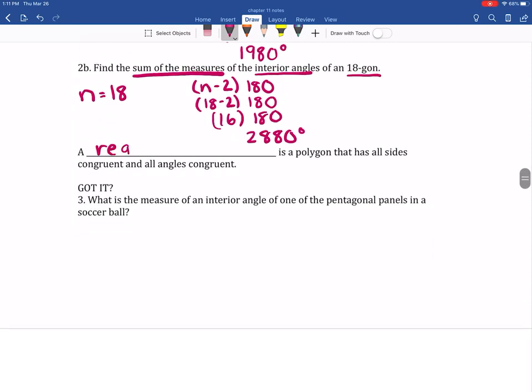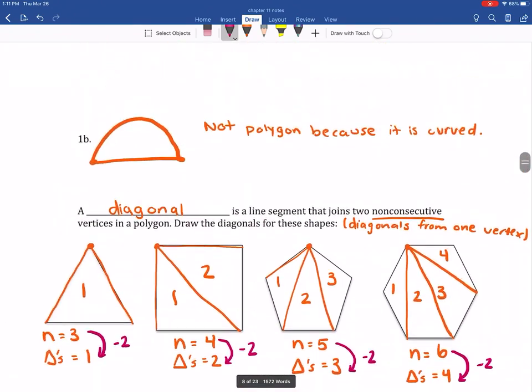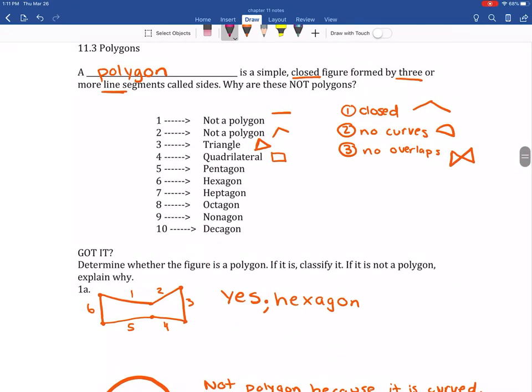A regular polygon is a polygon that has all sides congruent and all angles congruent, meaning all sides are equal and all angles are equal. So if I scroll back up here, you may have looked at the 4-sided quadrilateral and gone, don't we just call that a square? Well, no,